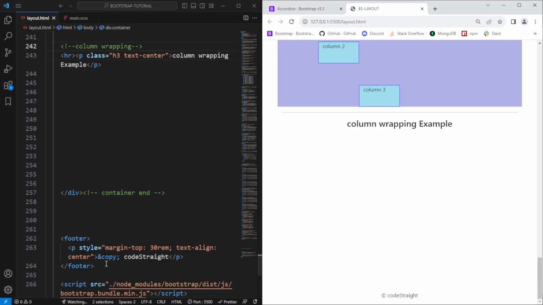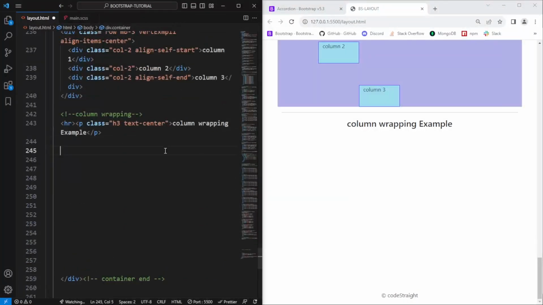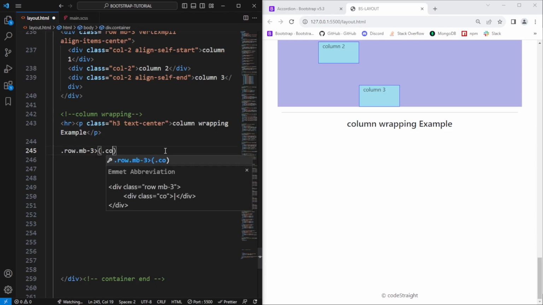I use Alt Tab a lot to switch between windows. Alright, and so let's have, let's copy. No, I'm not gonna copy. Let's add some columns here. Say row, and inside row let's also have some margin bottoms, and inside row let's have columns, couple of columns. Say dot col-4 maybe. Let's have 3 copies. Alright, and let's also add some content. Say column-$